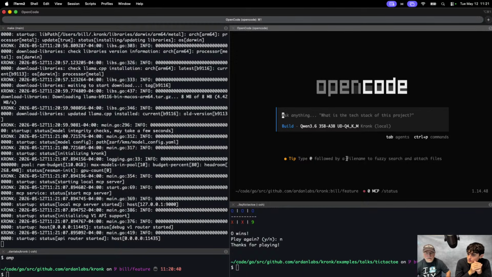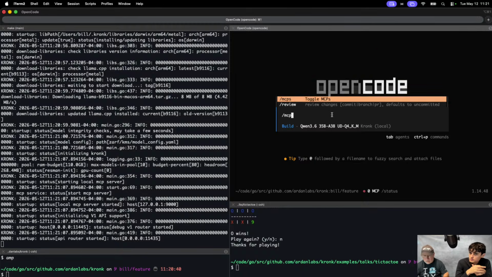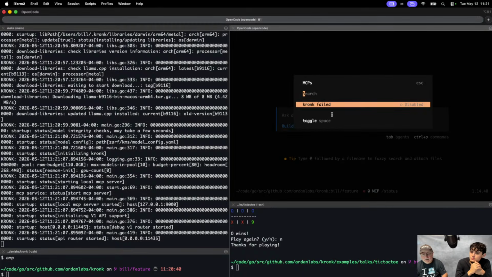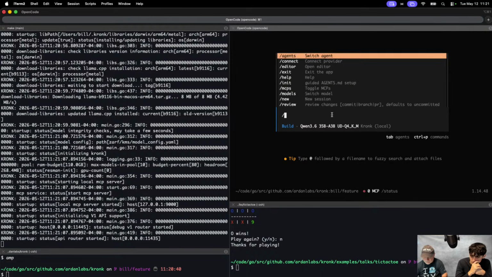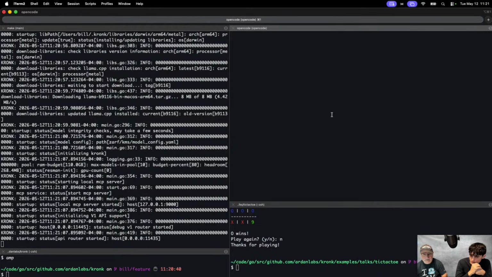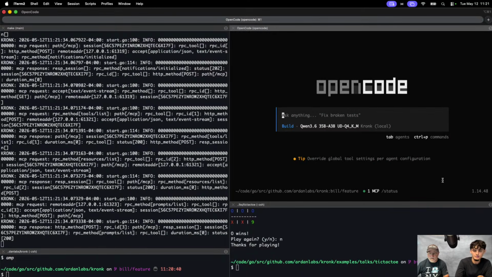The value for me, hold on a second, it's not MCP. This to me is a bummer because if I start open code before I start cronk, it won't attach, right? I can never get it to reattach. But that's not, I got sidetracked here. These agents are as good as two things: the tool set that they deliver to the model, and essentially how efficient and fast they work with the model.